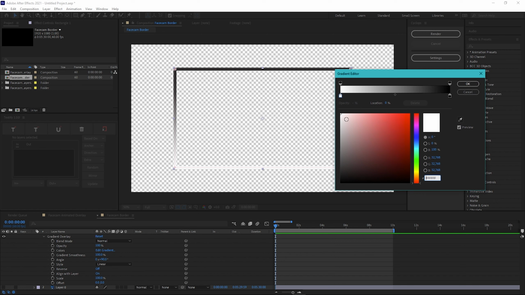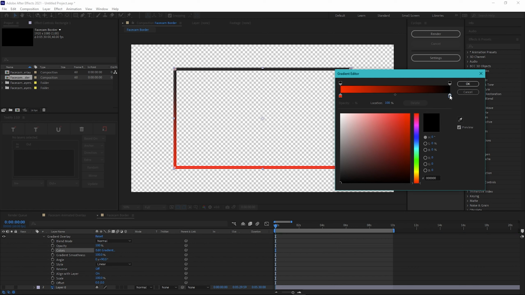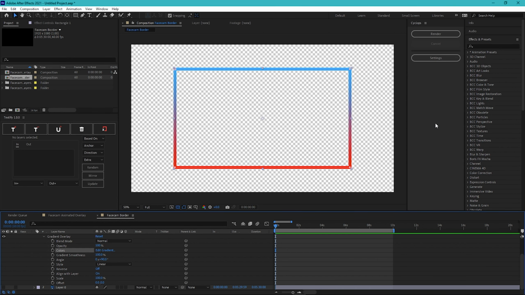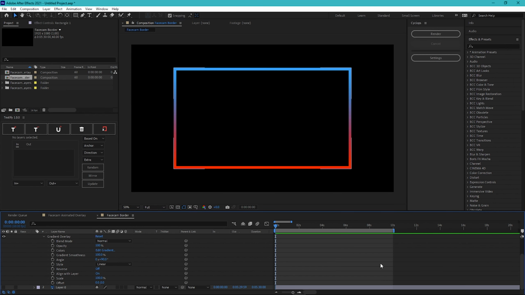So the colors I'm going to do are red and blue for the sake of the tutorial, and because I think those colors match really well together, I'm going to go ahead and click this little icon. Technically it's a color stop, but all of these are color stops, other than the top ones, which are opacity stops. I'm going to click the first color stop and turn it to red, and then click the second one and turn it to a blue that I like, which would probably look something like this. Once you guys are done with that, you can click OK and you have your official colors for your face cam. At this point in time, you can go ahead and click off the transparency grid because you actually have a color that's visible off of a black background.